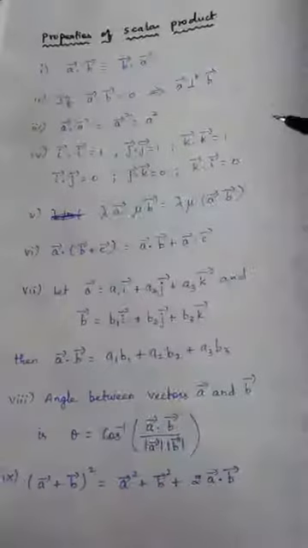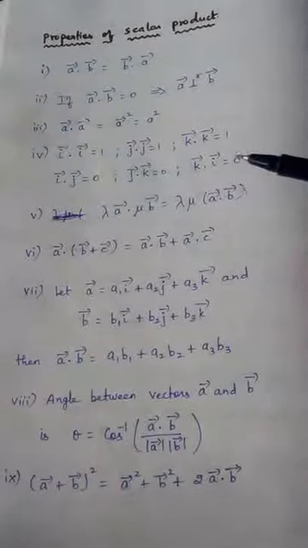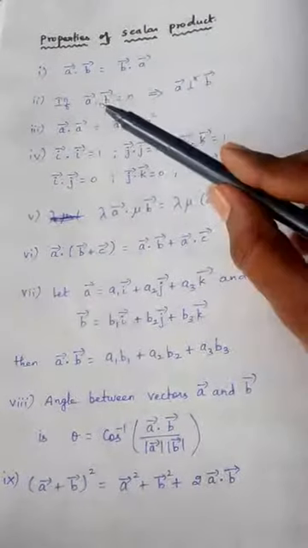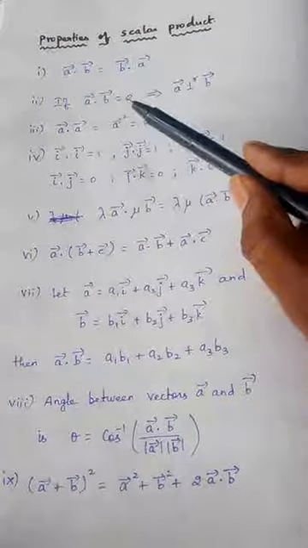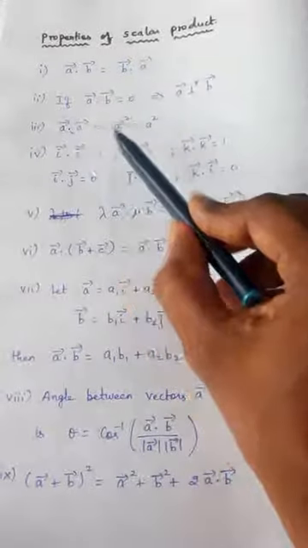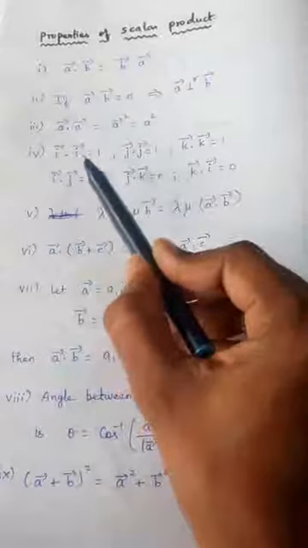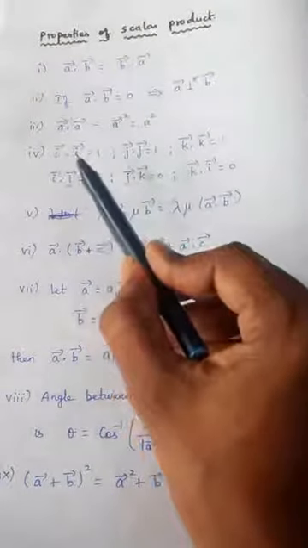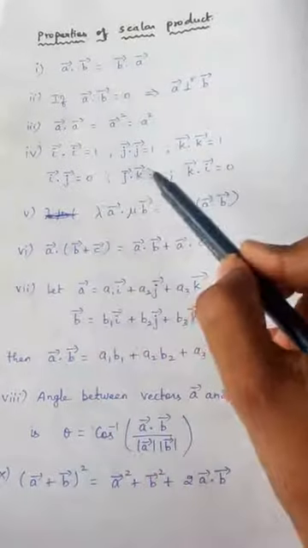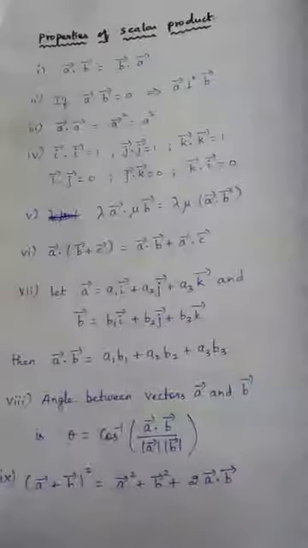These are all the important properties that we should keep in our mind to enter into the problems. A dot B is equal to B dot A, that is property 1. If the dot product becomes 0, the two vectors are perpendicular. A vector dot A vector can be written as A vector square or simply A square. Same vector dot product, I dot I, answer will be 1. If we change, I dot J, the answer will become 0. J dot K, 0. K dot I, 0. But K dot K, answer will be 1.